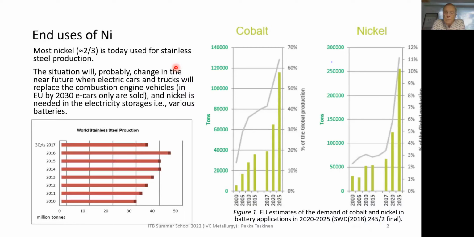Nickel as such is a much smaller metal than copper, about 10% only of the total copper production. So its annual production is around 2.5 million metric tons. And today most of nickel is used for stainless steel making,